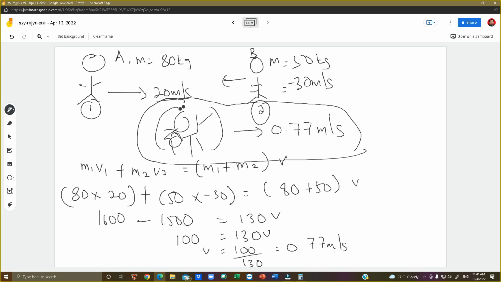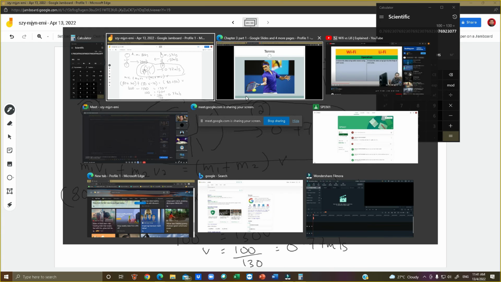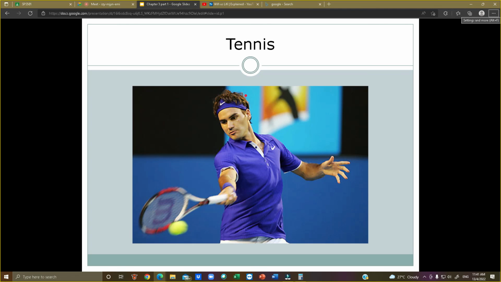Cuma apa yang berubah? Rupa dia dah berubah. Laju dia dah berubah. Tadi satu bergerak 20, satu bergerak 30. But after the collision, both of the objects move in only one direction at this speed with the new mass. Ni maksud dia principle of conservation. Sebelum dan selepas, momentum will always remain. The change may be towards the speed, may be towards the mass of the object, because they are a new complex after the collision. This is what the principle of momentum conservation talks about, and it is actually part of the impulse momentum theorem.